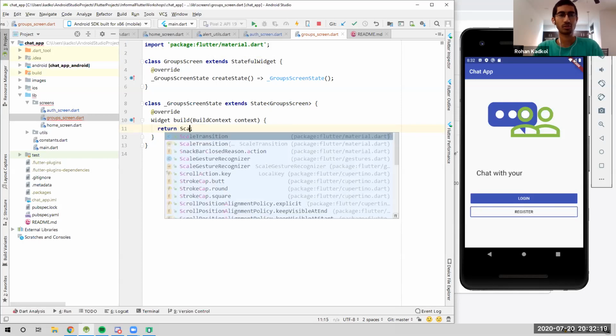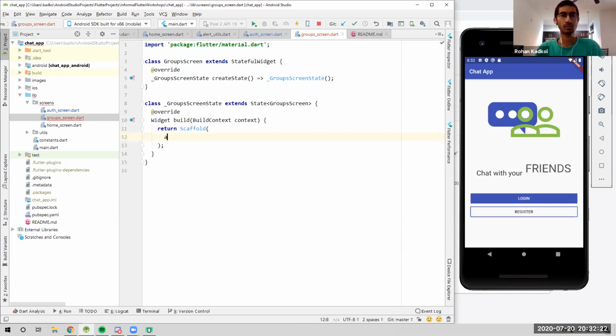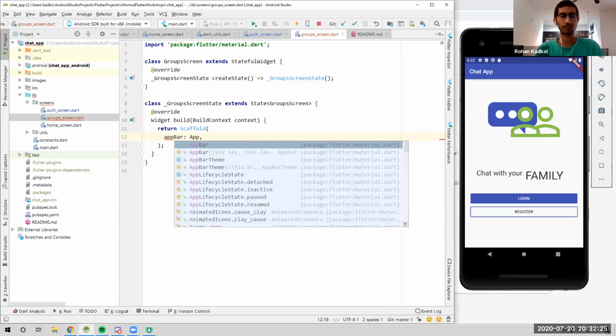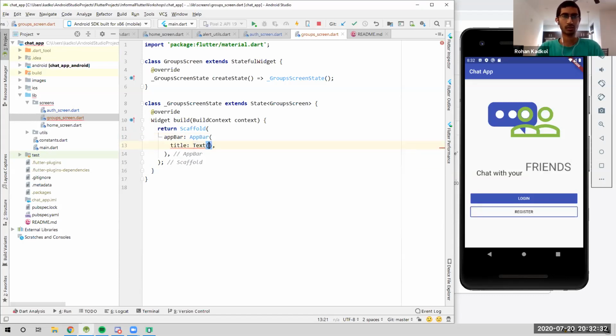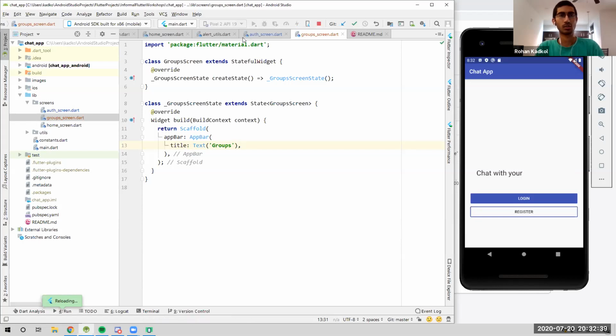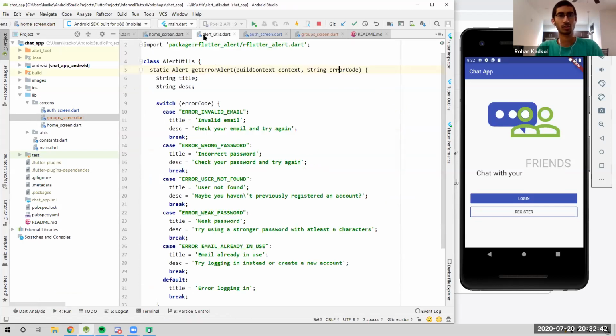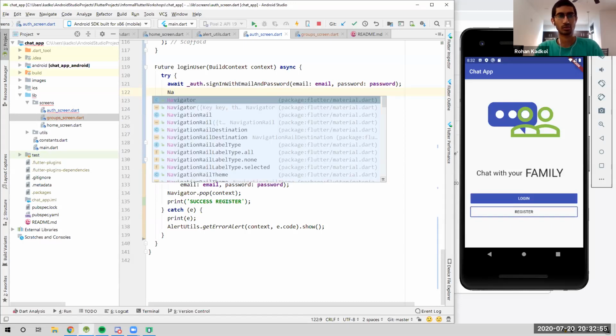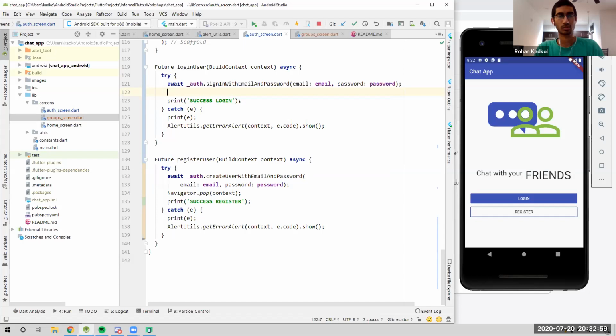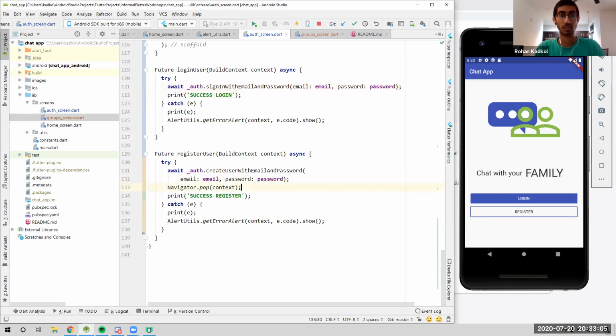This will return a scaffold. App bar will be app bar. Title will be a text. The text will be groups. Now in our auth screen, now here's the cool bit. If you want to navigator.pop, the navigator actually could prevent memory leaks. You know, one good thing we should do is